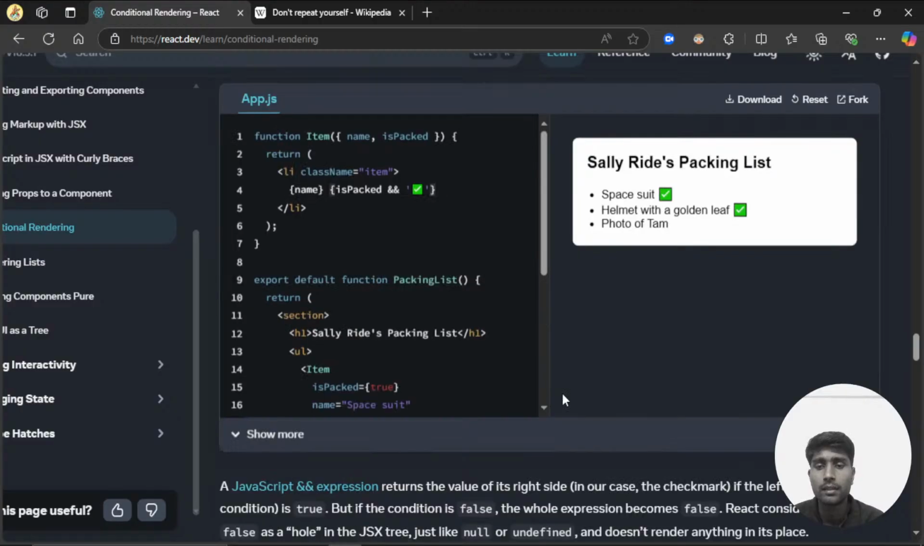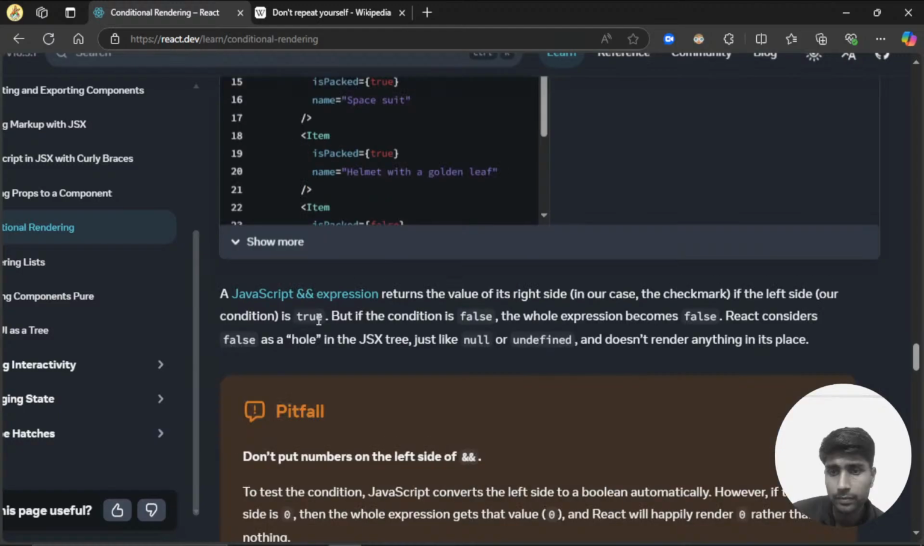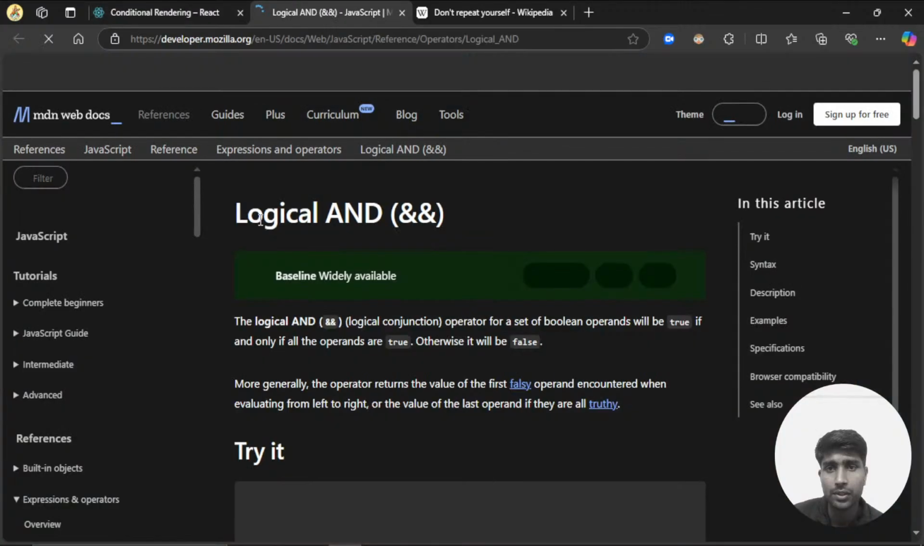Okay, it's going to add this in if the condition is true. And the && returns the value of the right side. Okay, and this is a JavaScript expression. Okay, the logical AND